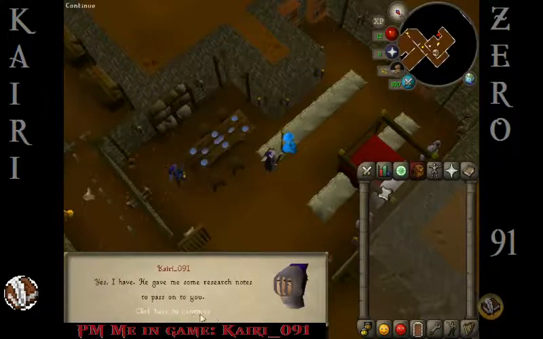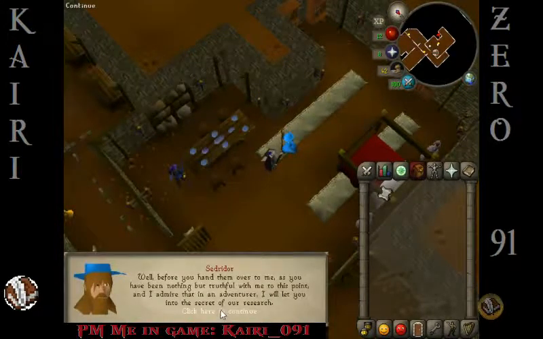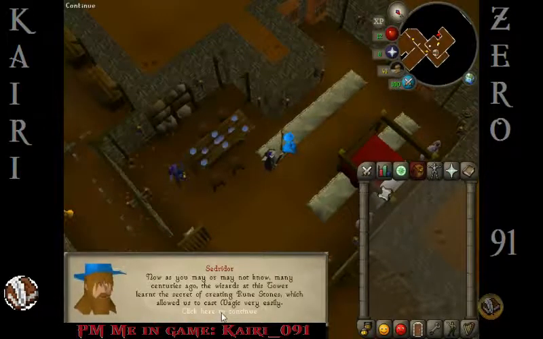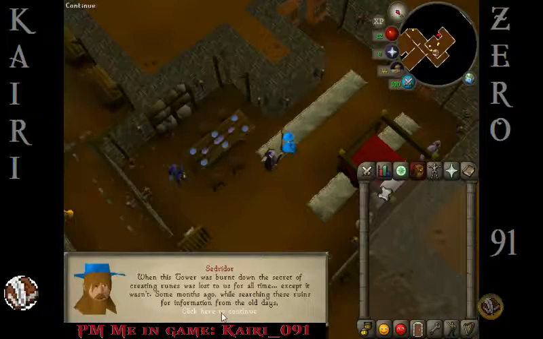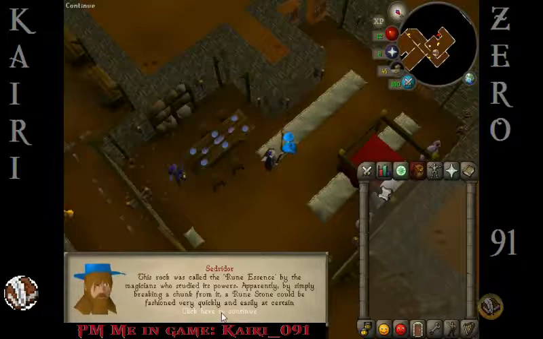Got the research notes. May I have his notes? Of course, yeah. Well, before you hand them, my adventure shall let you in on the secret. Now, as you may or may not know, the wizard at this tower learned the secret of creating runestones. The tower was burnt down, except it wasn't. Some months ago, when searching these ruins, I came upon a scroll, magical rock, deep in the ice fields to the north. The rock was called a rune essence. The magicians who studied its power, breaking a chunk from it, could easily...